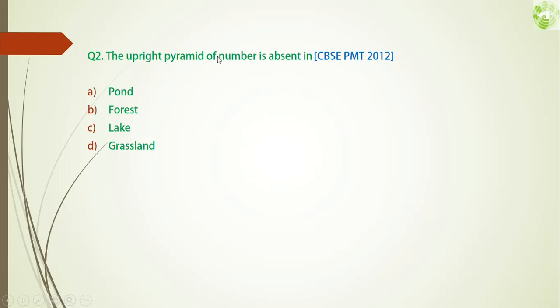So upright pyramid of number is absent in... This question came in CBSE PMT 2012. Upright pyramid of number is absent in which kind of ecosystem? Pond, forest, lake, grassland. So it must be absent in a forest